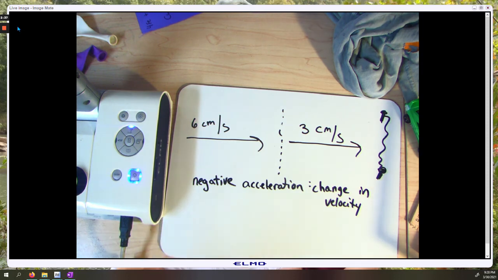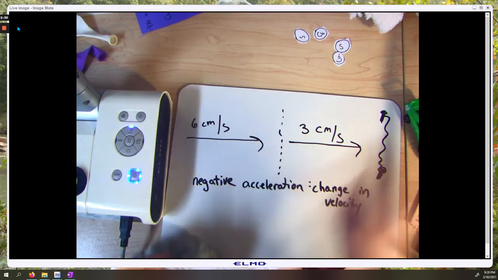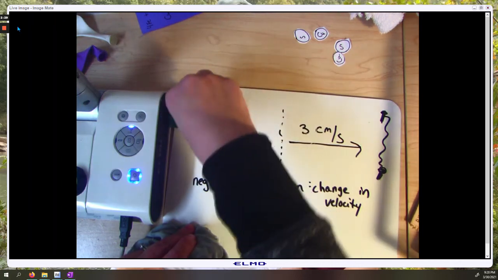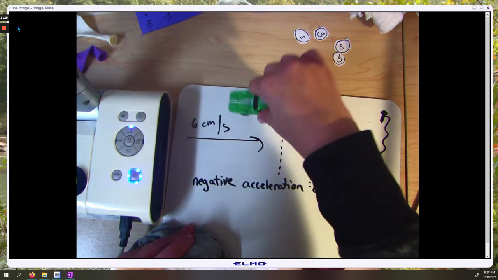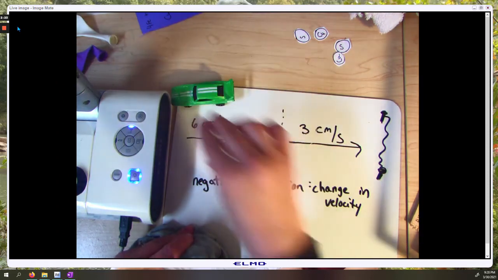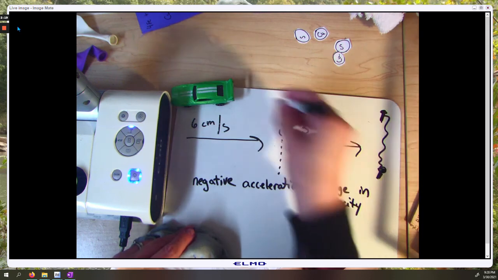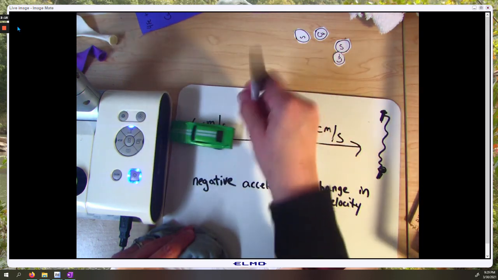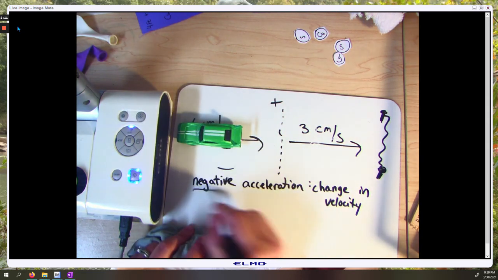And the most extreme example of negative acceleration would be where he, in fact, doesn't just slow down, but turns around and goes back in the opposite direction. And so, even if he's going fast, he's going the wrong way. And that's also a change in velocity, because the velocity went from positive when he was going this way to negative when he was going this way. And so it's another example of negative